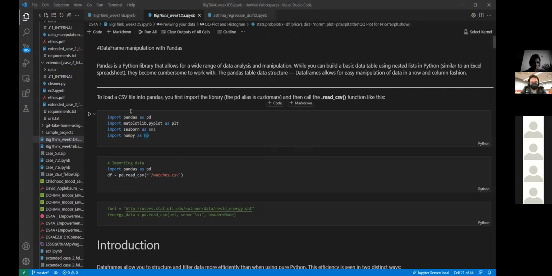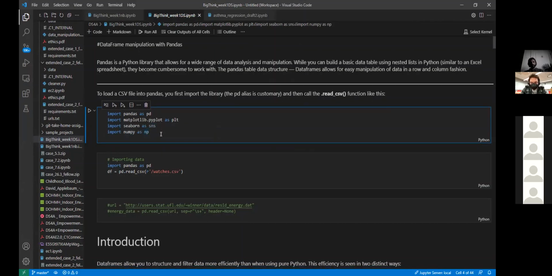All right, awesome. So you need these imports. We're going to be using Pandas, so you need pandas as pd and matplotlib.pyplot as plt. I'm not really going to be using Seaborn. I don't know why I have it here, but I kind of just throw them in by default. We're not even going to be using NumPy either, not in this notebook. And so we're going to want to import